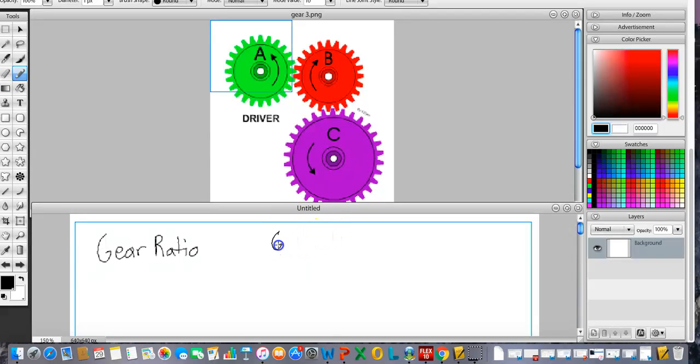I'm going to say gear A. I counted it, and I believe I counted it accurately. Gear A has 25 teeth. So the characteristic of gear A is that it has 25 teeth, and you will label this as 25. Gear B also has 25. And then gear C is a